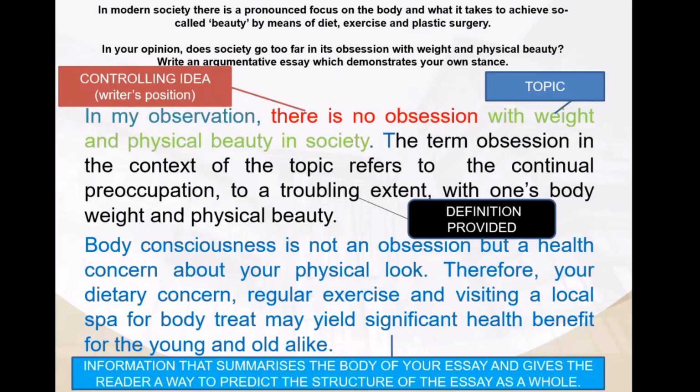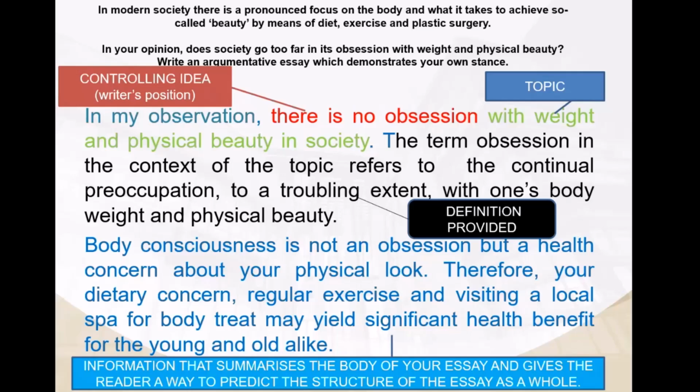If you look at the thesis statement of the student here, it says there is no obsession. This is the student's position on the topic, weight and physical beauty in society. Therefore, as the reader, I know what to expect in this essay. The student has taken a position. Remember, it is an argumentative essay. The student has to argue in favor. She has to argue against what